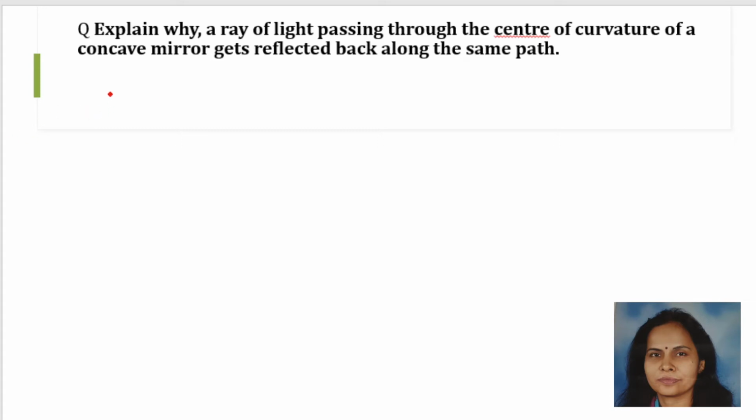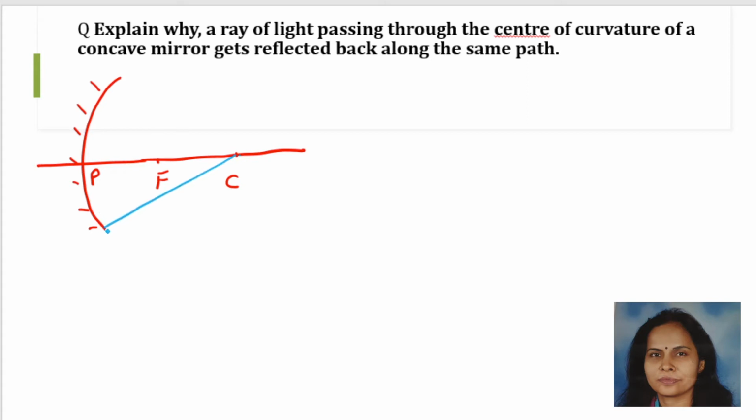So as you all know, I suppose this is your concave mirror. I am putting the dashes on the non-reflecting surface. This is the principal axis. Now this is the principal axis and this is aperture, and the center of this is known as pole, and this is your focus, and in this case this is your center of curvature. Alright. So the question is saying that if an incident ray is passing through the center of curvature,